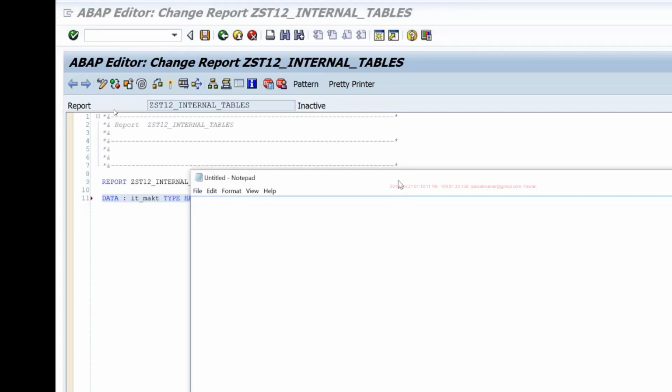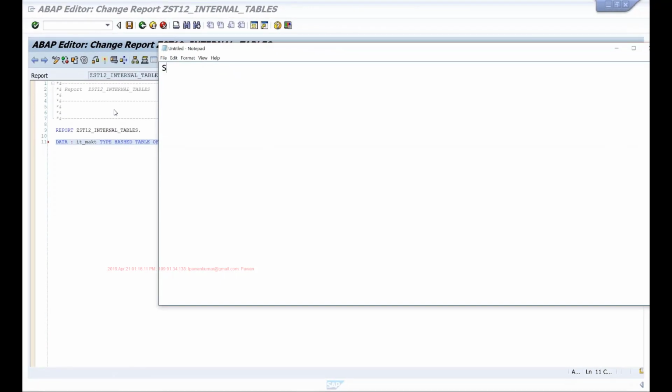For example, standard tables. For standard tables, the key definition is not mandatory. Every internal table can have something called a primary key and a secondary key, which we'll discuss again in detail later. But when you're declaring this table, for standard tables, it is not mandatory that you specify the key. It has one default key, which implies that all the fields of your internal table are part of the key. So the system will automatically define a default key for standard tables, which includes the complete row.